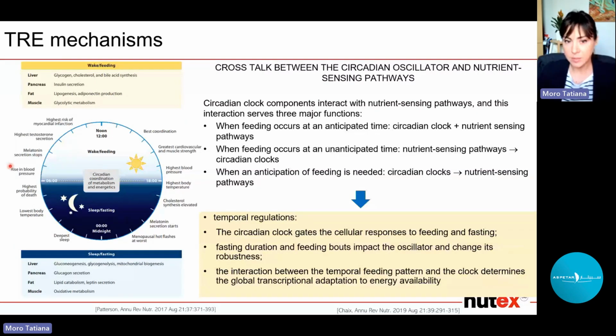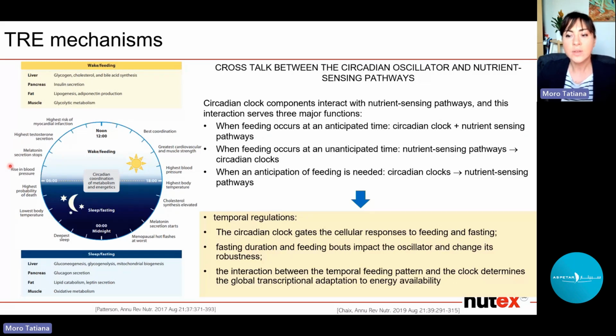eating on our metabolism. So when we eat, and when we eat in a regular pattern with defined timing of our meals, basically our circadian regulation, our circadian clock is well integrated with the nutrient sensing. And so when the time of our food is about to come, we start feeling hungry, we start feeling the desire to eat, because the circadian clock is telling our body, look, normally it's time to eat. So get started, have everything ready in order to process properly the energy intake that you're supposed to eat right